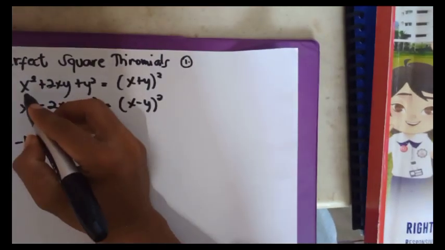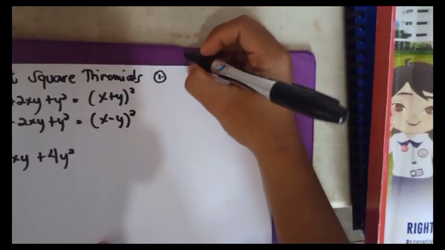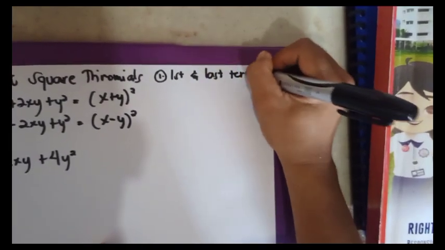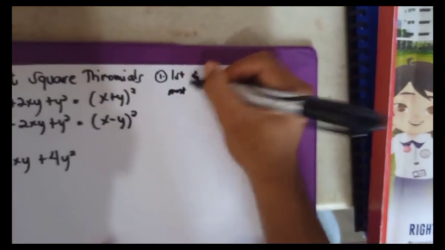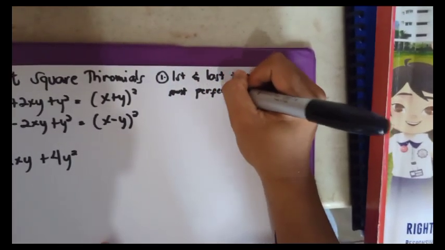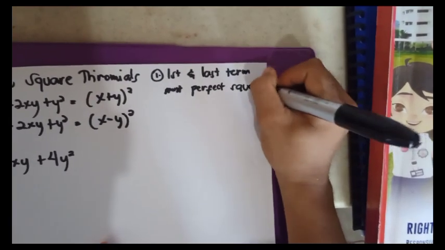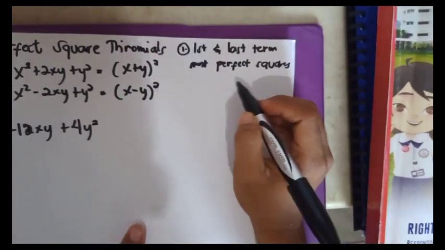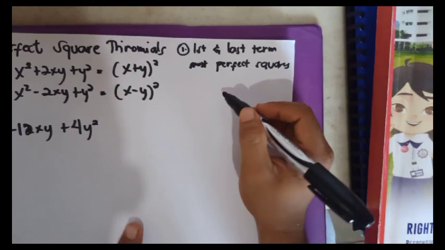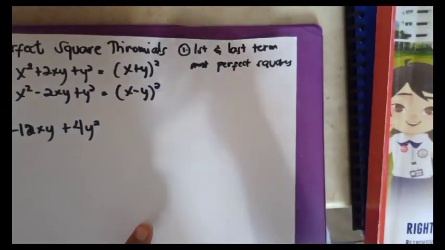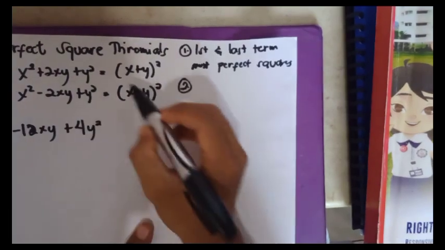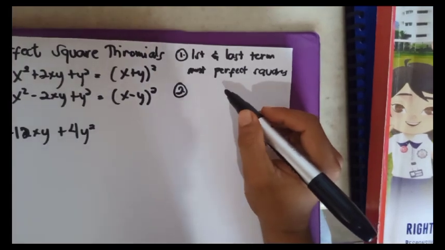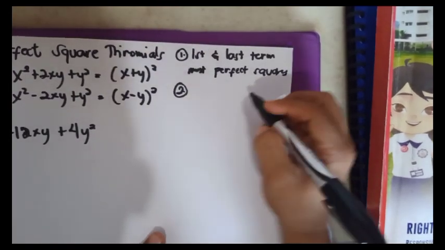First step is to check the first term and the last term. First and last term must be perfect squares. Okay, so as I said earlier in finding perfect squares, perfect squares are numbers with square roots. So the second step is, if we find the square roots of the first and last term, we need to multiply,